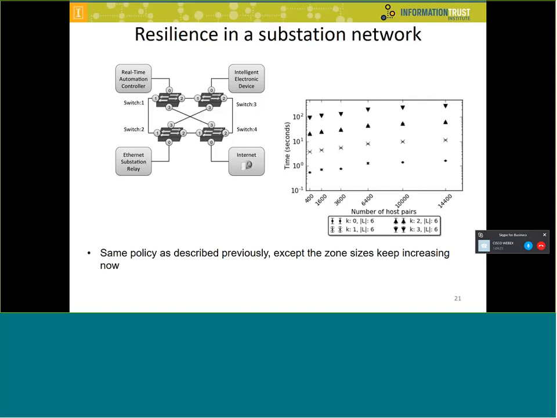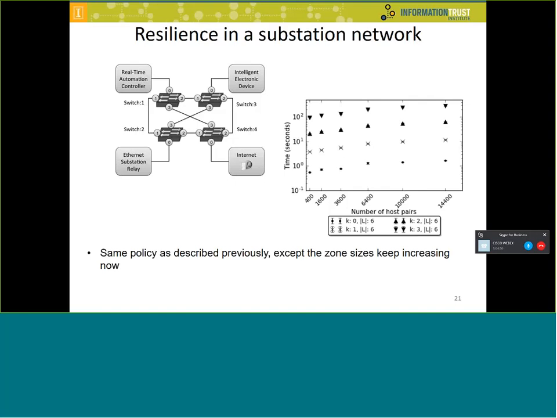But this is a stand-in for any kind of critical infrastructure network, which looks more or less like an enterprise network. And you care about these kinds of policies in the network. So then we just wanted to scale it up and see how far, especially how the curve bends. And the idea here is, again, this picture is showing you that you do spend a lot of time